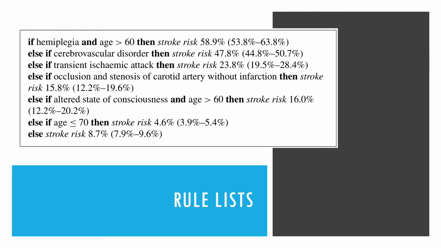A final example I'll point to is actually probably one of the oldest and more familiar examples. These are rule lists. This is from a paper in 2015, which is basically the dark ages as far as this field of literature goes. But it was a group that put together this idea of falling rule lists. It's falling in the sense that stroke risk, which is the target variable, is monotonically decreasing in probability as we move down the list.